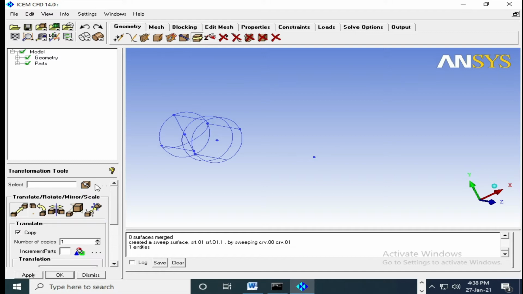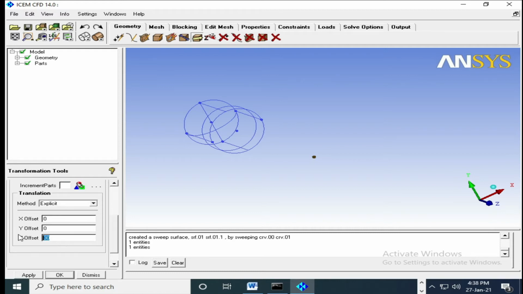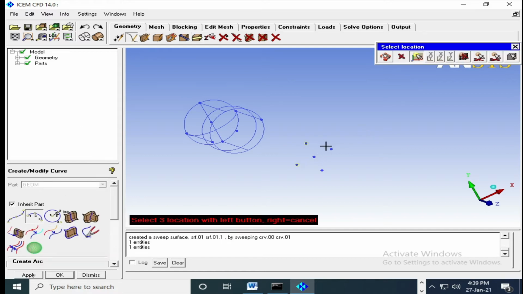So I will copy this point in X direction at 3.5, minus X 3.5, then Y 3.5, minus Y 3.5, so that I can draw an arc which is required for me.